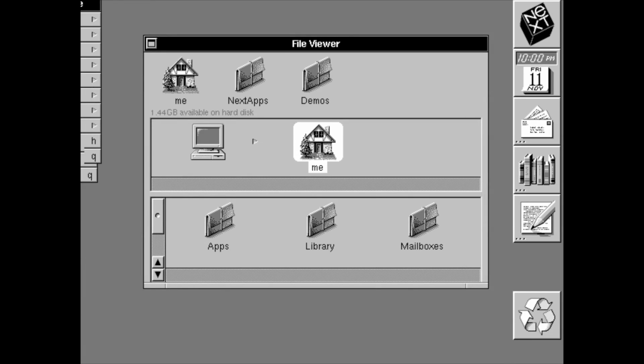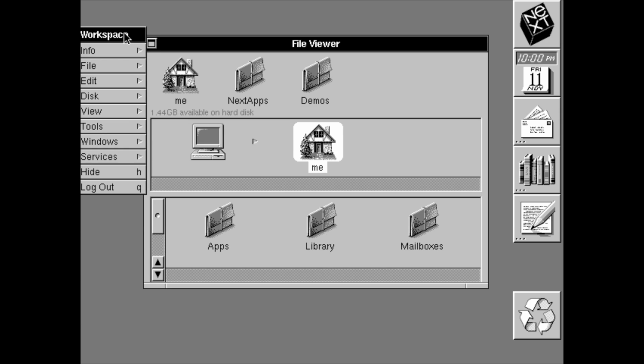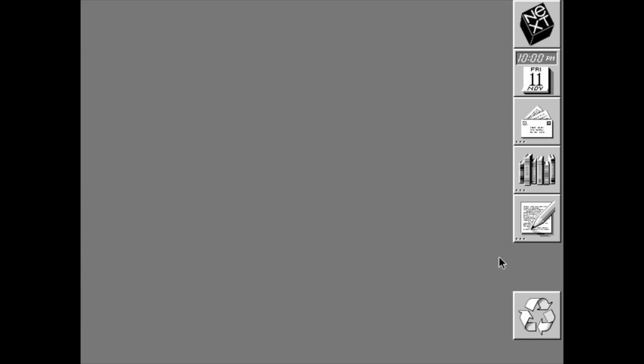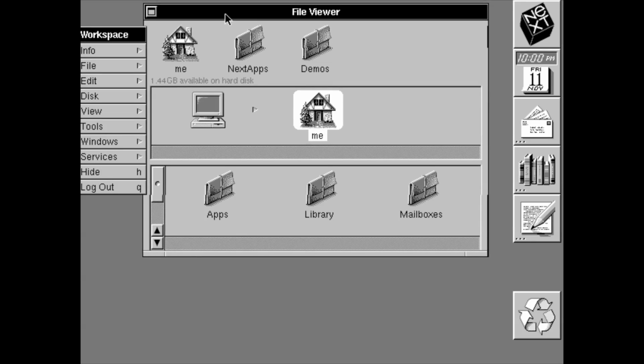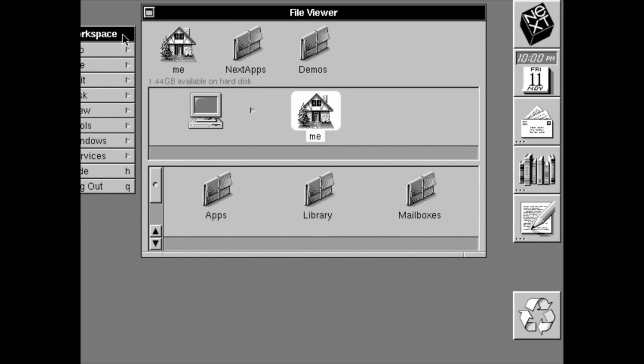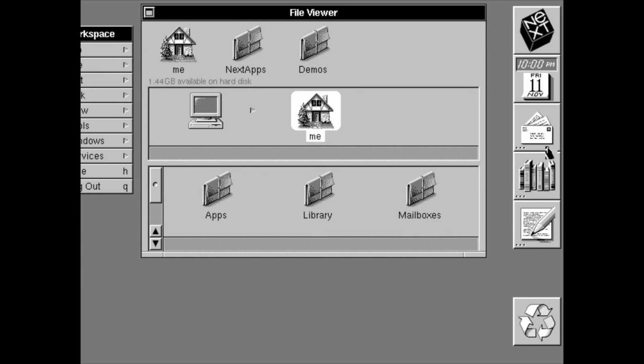Right, let's have a look. So that's a workspace menu. You can move it around. I don't think you can. You can hide it. We'll hide it for now. It takes that window with it. Okay. Right, so get that out of the way. Thank you. Over this side, you've got what is